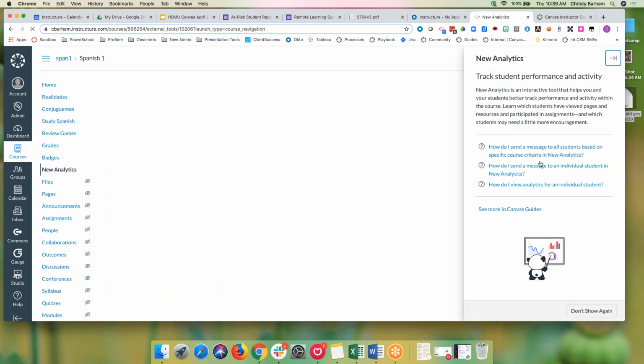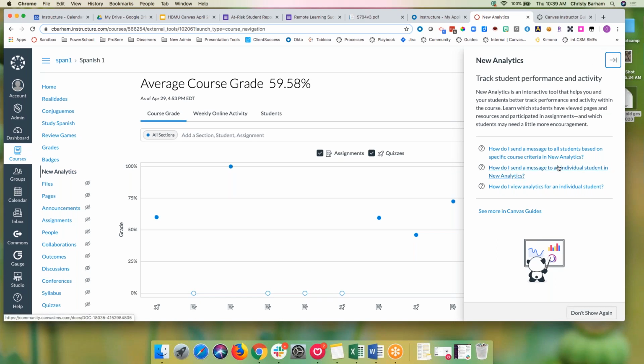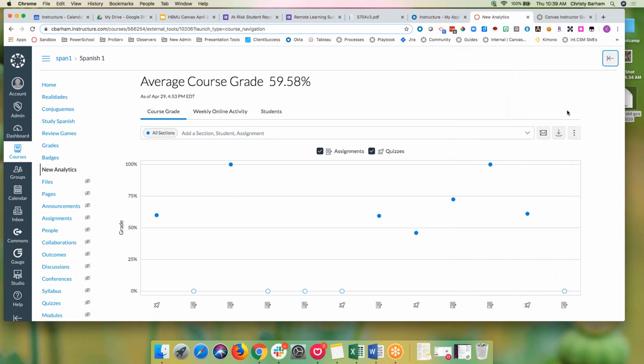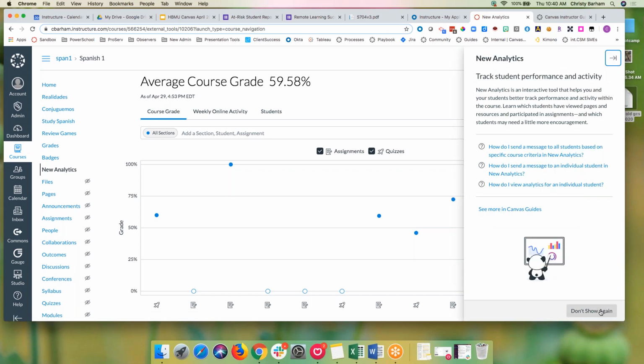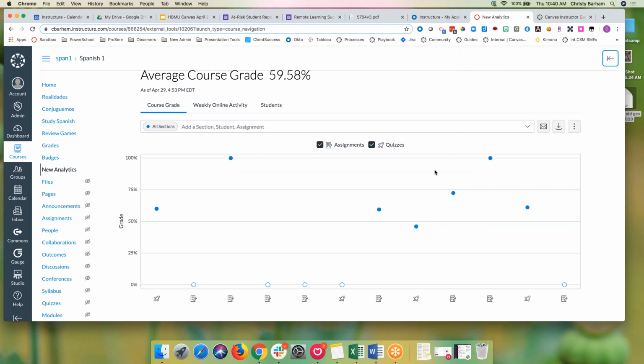So from new analytics, and you probably all noticed that we've added some trays that pop out to help teachers navigate through some of these tools. They also can turn that off. So I could say, don't show me that again when I'm ready, and I know that I know how to use this. But I just wanted to show you that with new analytics, if you haven't visited it in a while,